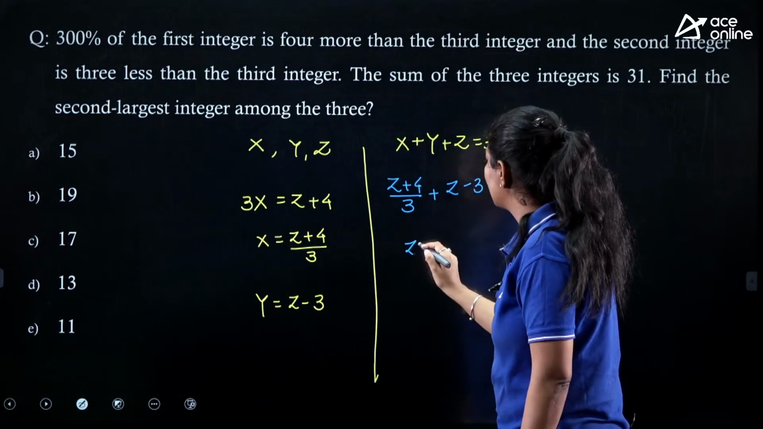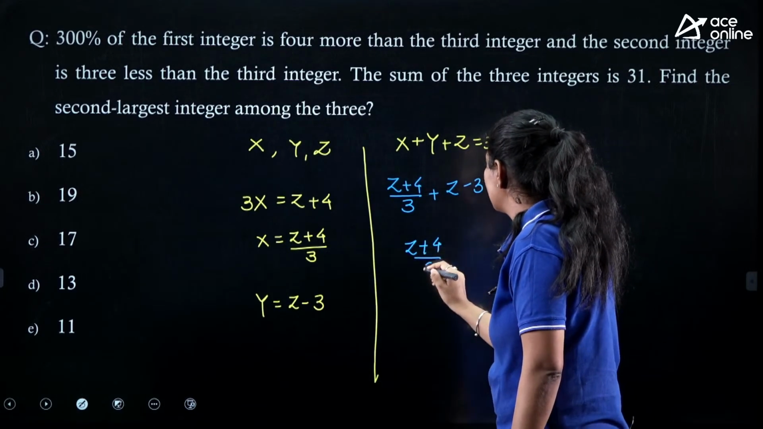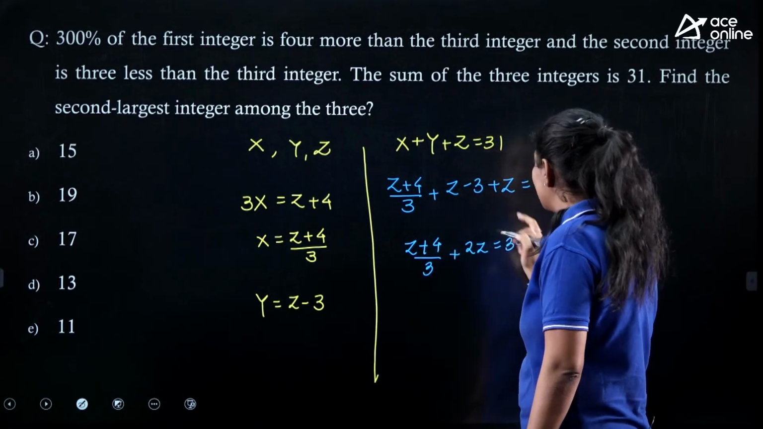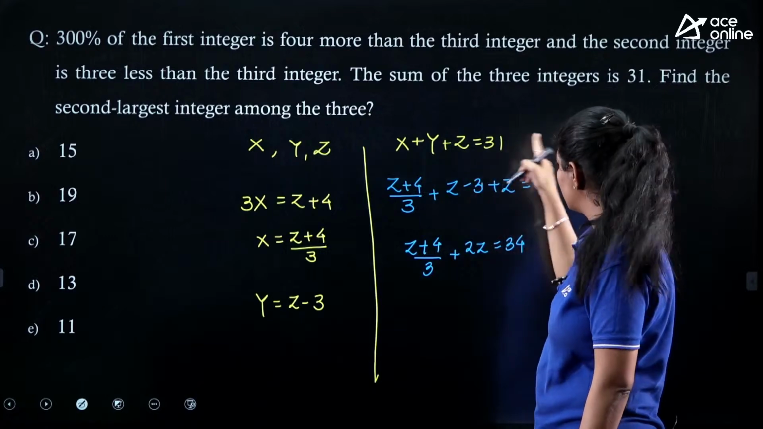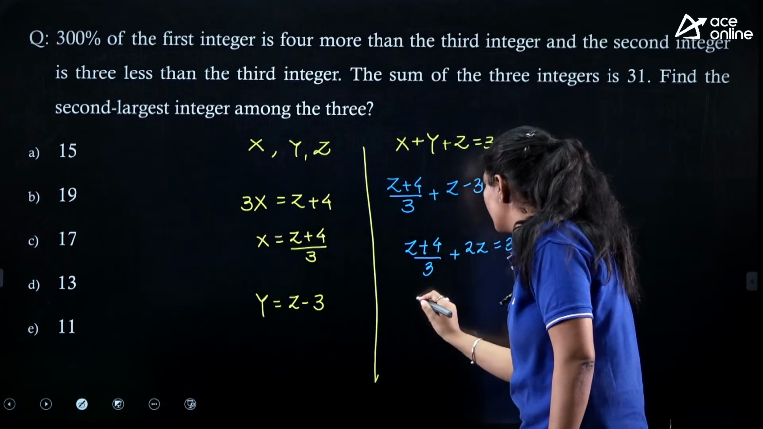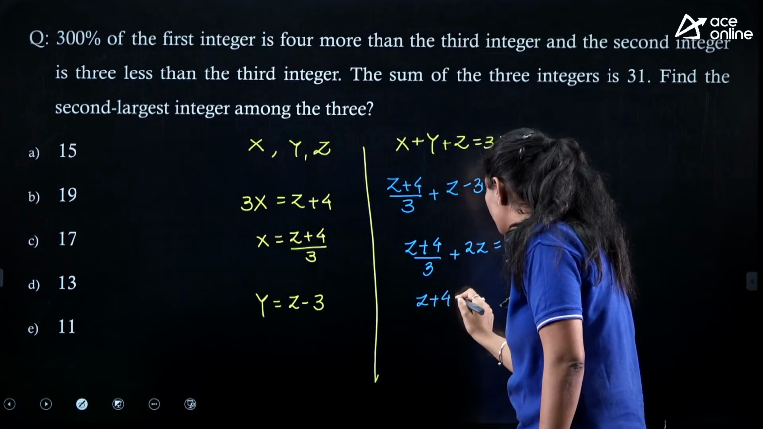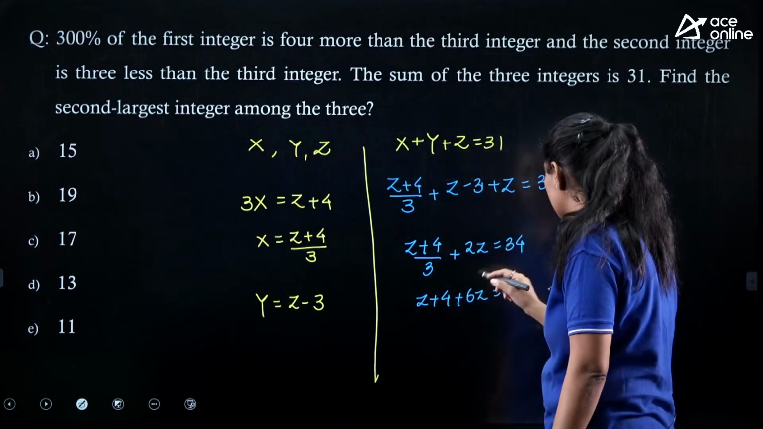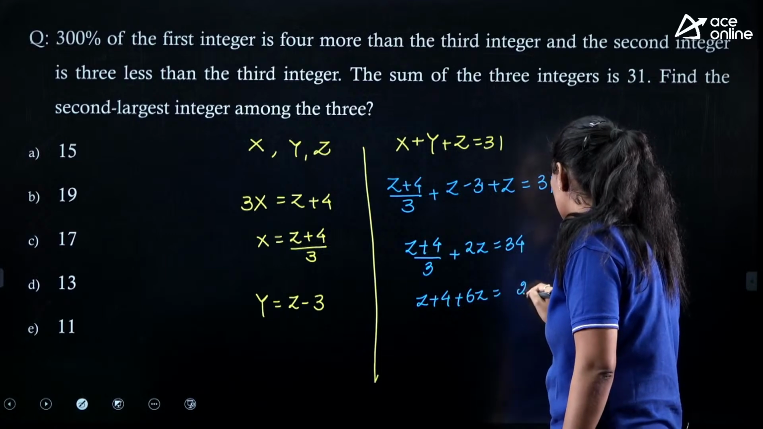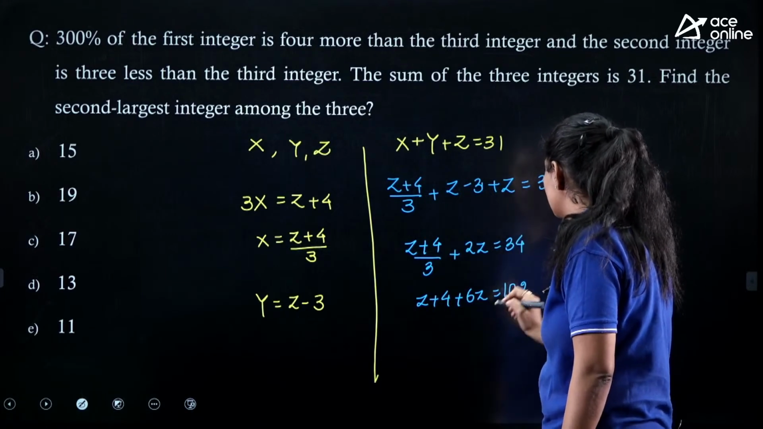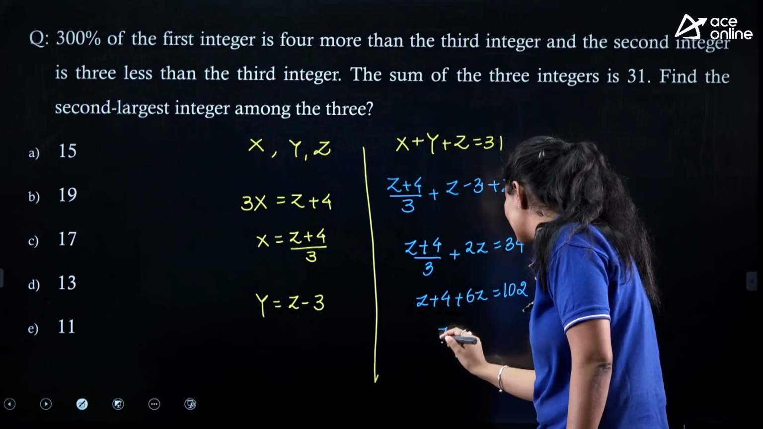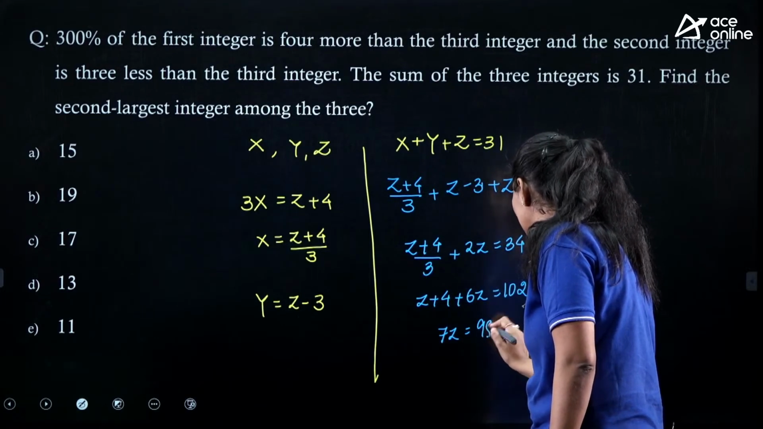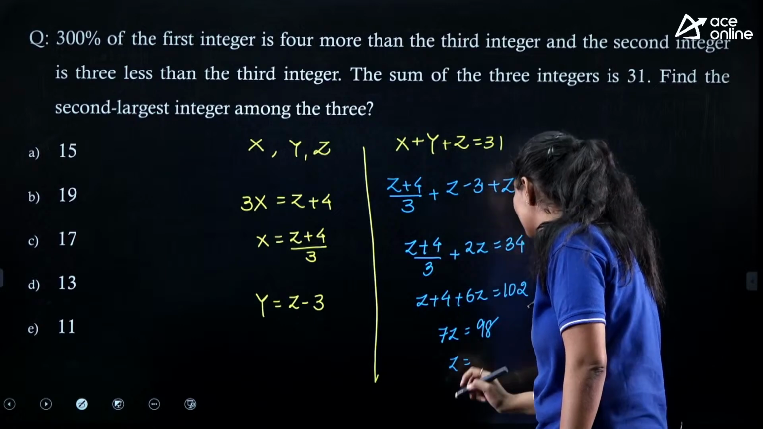So we can write it as (z + 4)/3 + 2z = 34. What we did, we just simply transferred this minus 3 to this side. Now z + 4 + 6z is nothing but 34 into 3. So we are getting 12 and the 1 carry forward this one. So we are having 7z equal to 98, and the value of z that we are getting